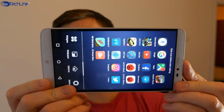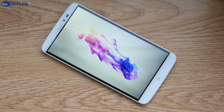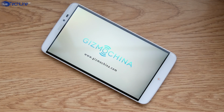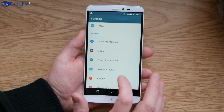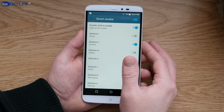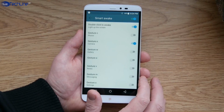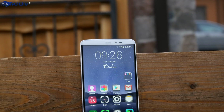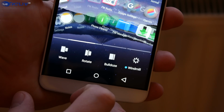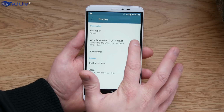The phone is huge due to its 6 inches display, which has 2K resolution, and it is definitely one of the best panels you can find on any device in this price range. I know that many people complain about the black bezels around the display, but I'm okay with that. Well, you can't have it all at this price point. We have an 8 megapixels camera and a nice pulsing notification LED light on the front. I don't like the fact that there are only on-screen navigation keys, but at least you can switch the position